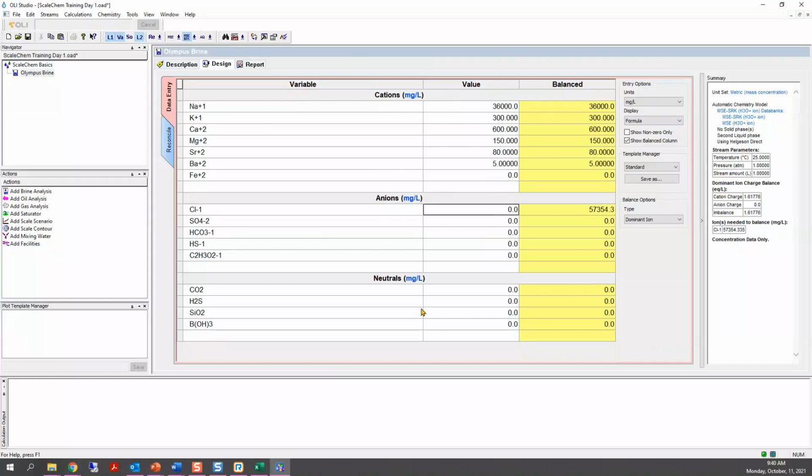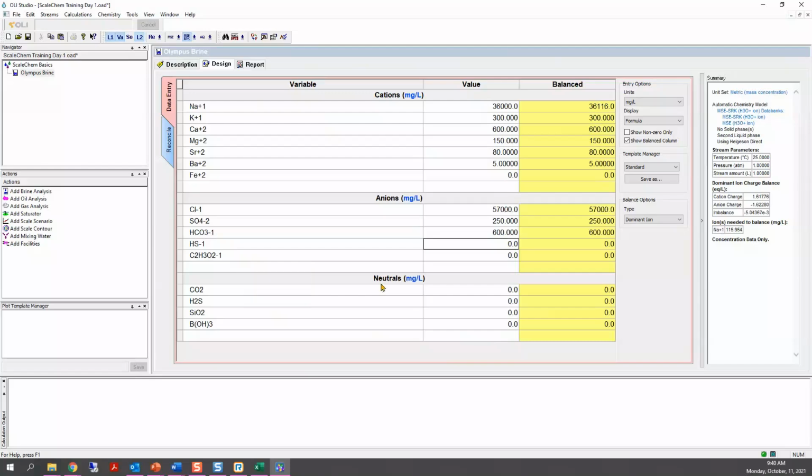Then we have the anions. So we have chloride, 57,000. We have sulfates, 250. We have 600 of bicarbonate, and bisulfide has not been reported, and acetate ion was not reported.